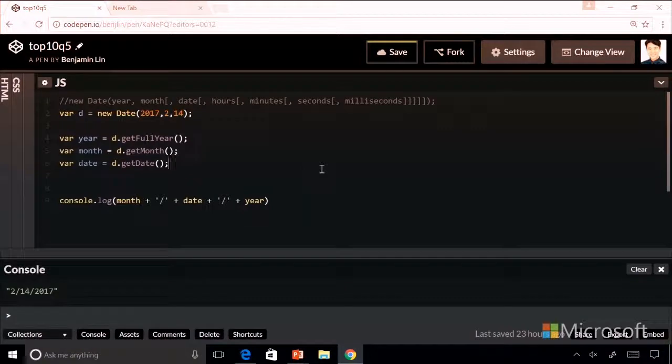And now, how do we verify that our date is set up correctly? Well, there are several methods that can be used to access the properties of the date object. Let me demonstrate this. For example, if you want to get the year, you use the getFullYear method. And if you want the month, you use the getMonth method. And if you want the date, you can use getDate. So if I log this to the console, we can see that February 14th, 2017 has been logged to the